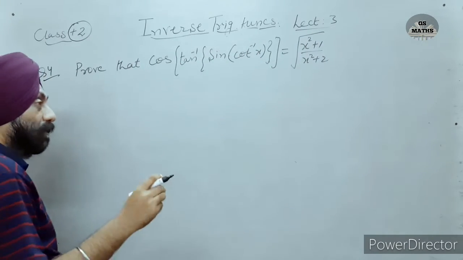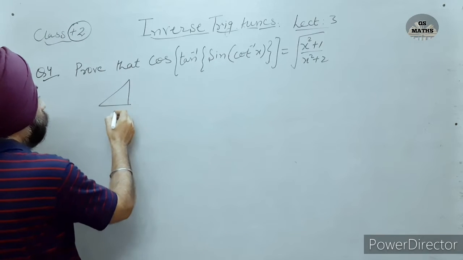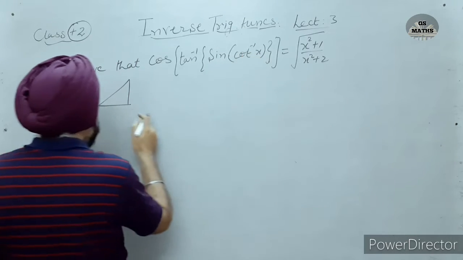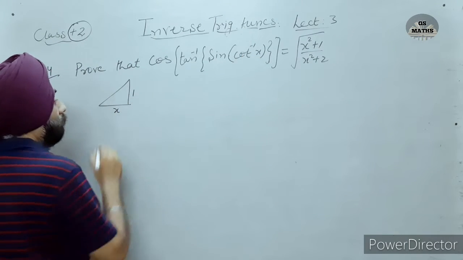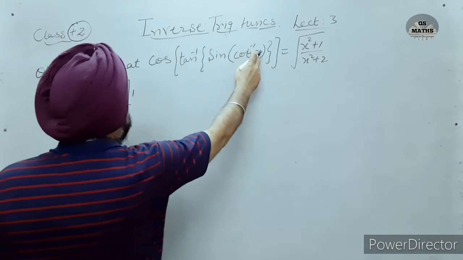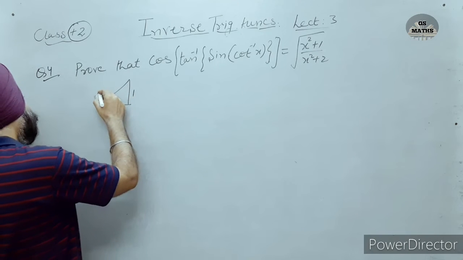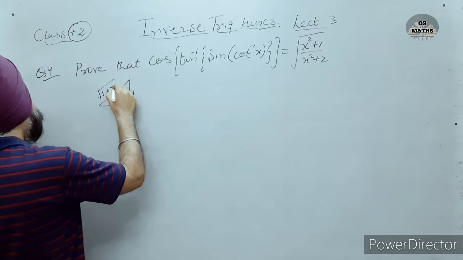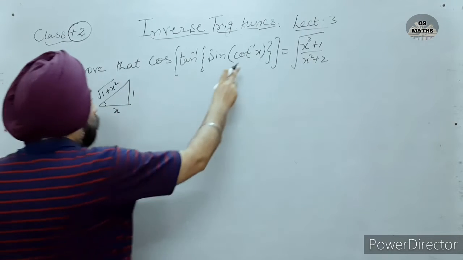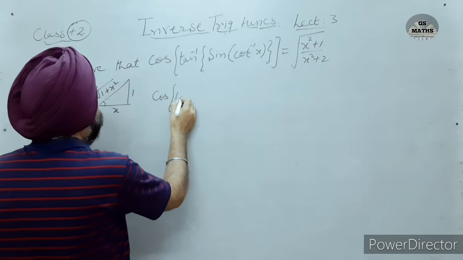Now here I am again going to use this cot inverse x. It is base upon the perpendicular. I can write cot inverse x as cot inverse x over 1. This is base upon perpendicular. Now I have to find this. This will be under root 1 plus x square here. This is x. So I can write this as cos tan inverse